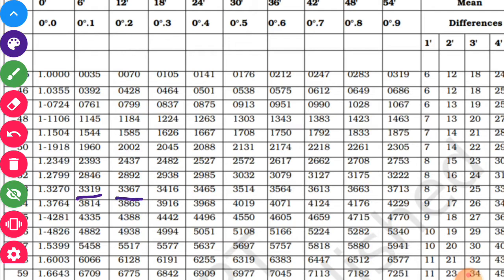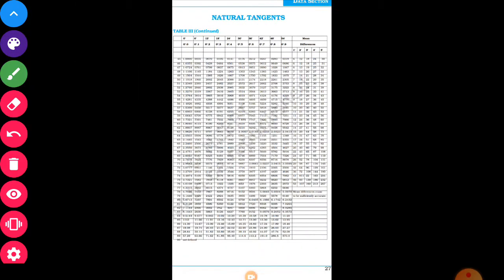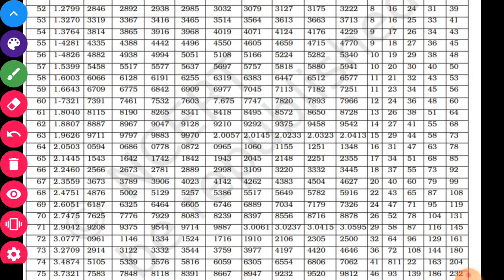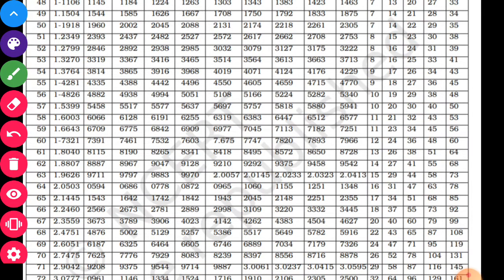Okay, this is 1.3367. So it is slightly more, so it will be between these two. Okay, so 1.33 approximately you can take this value. Then here we have to take the minute, or rather the degree in decimal point, and on this side horizontally you have to see the degree. So see it like this. Say 1.33 is there. So just again I am showing, this is 1.3319, approximately 1.33.